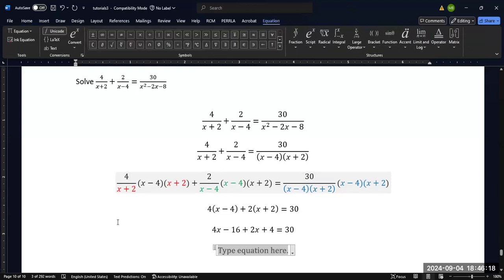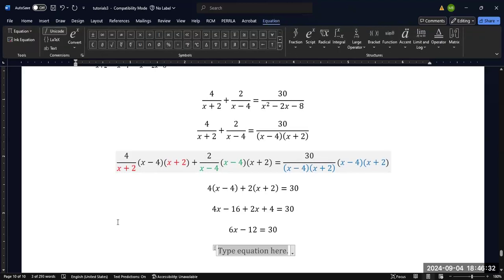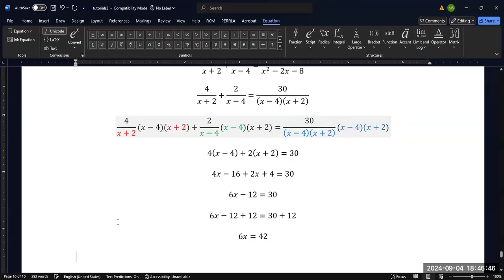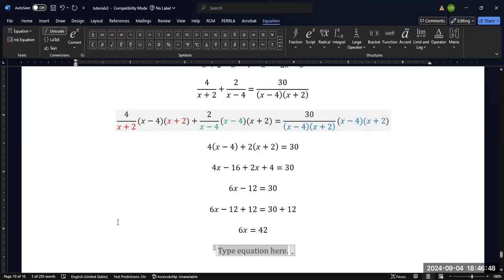And then if I combine my like terms on the left, I'm going to get 6x, and negative 16 plus 4 is going to be minus 12, is equal to 30. And then I'm going to add 12 to both sides so that I can cancel the 12 on the left. And that is going to give me 6x is equal to 42. And then if I divide everything by 6,